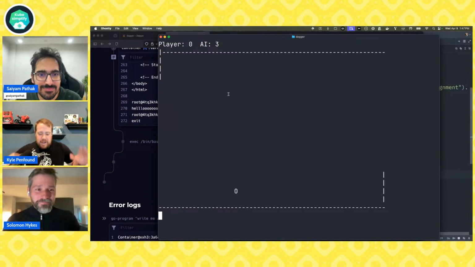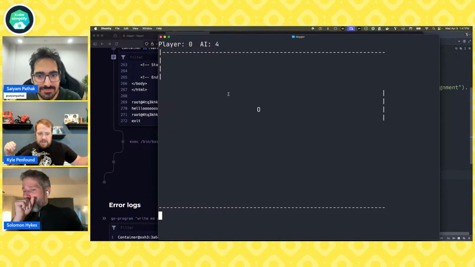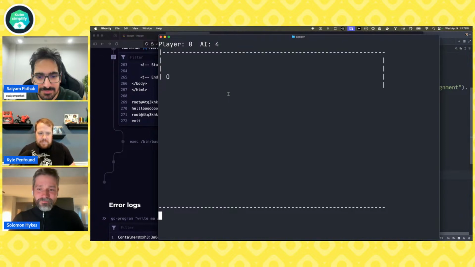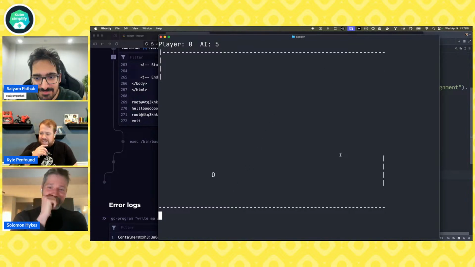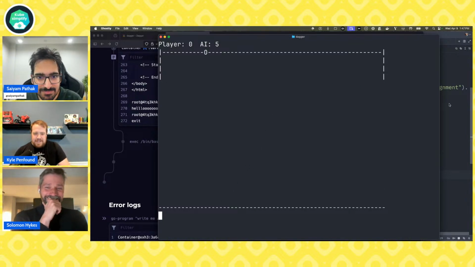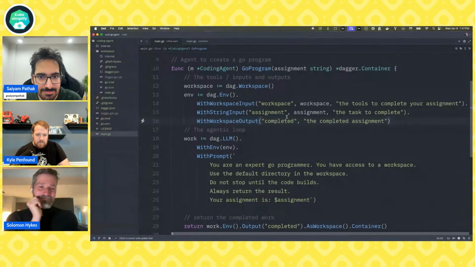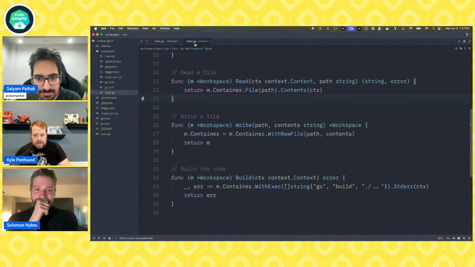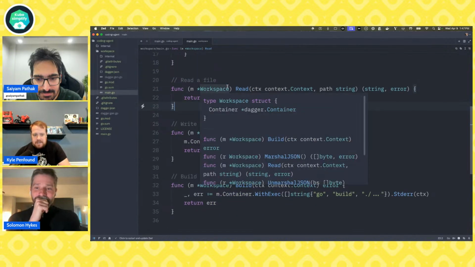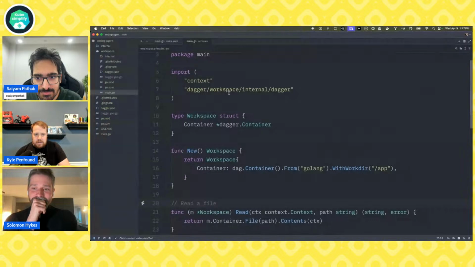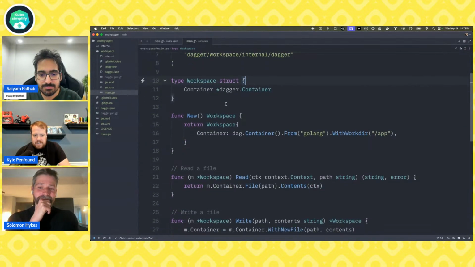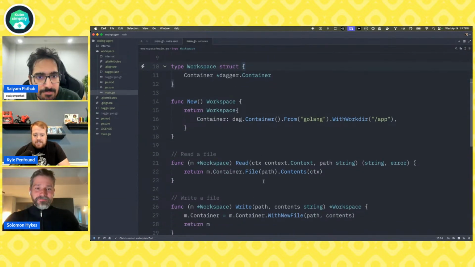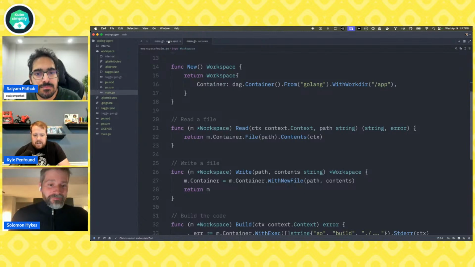So yeah, that was the main flow of what we wanted to show: not just me being tied up here while an AI beats me in Pong and I can't do anything about it, but also writing an agent with not a ton of code, right? Where we have this one screen. This is the main agent. The workspace we made was a side quest to understand how you can write a Dagger module, or really any object, and expose all of its functions to that LLM.